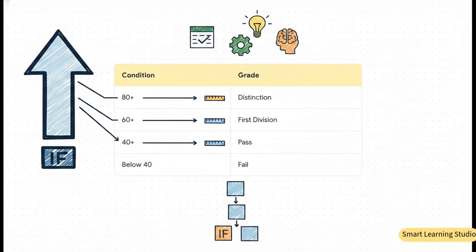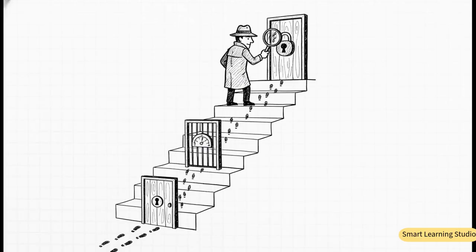If a student gets an 80 or above, they earn a distinction. If they don't quite hit 80, but they're 60 or above, that's first division. 40 or above is a standard pass, and anything below 40, that's a fail. 4 possible outcomes simply means we have to stack our conditions. Now, what's really interesting about this setup is how all those different thresholds compress down into a single line of